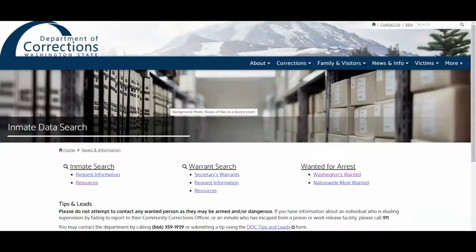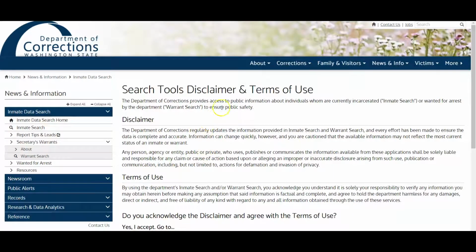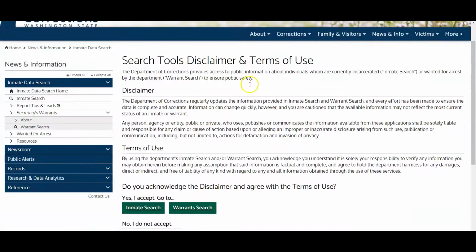Today we're going to be looking at how to find Washington inmates. The Washington Department of Corrections offers a searchable database of a few different kinds: inmate search, warrant search, and wanted for arrest. We'll start with the inmate search and then take a look at some of the other ones as well. So the first page that we get taken to, as is often the case with state inmate searches, is